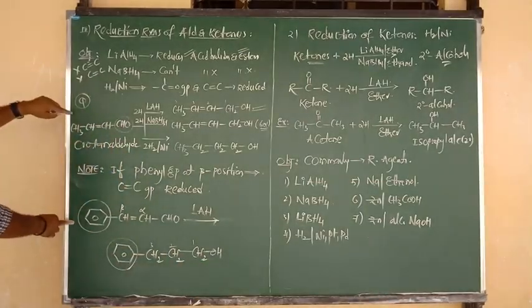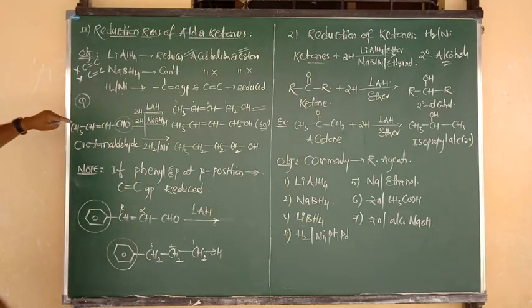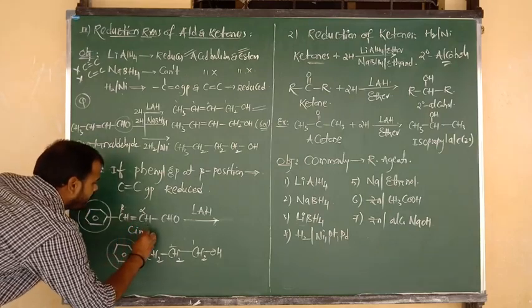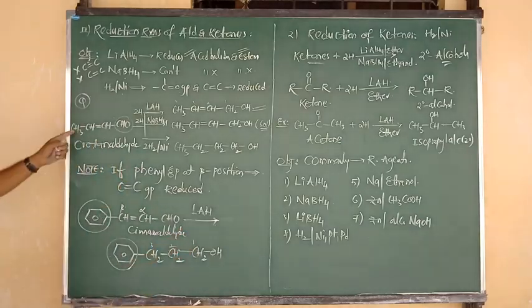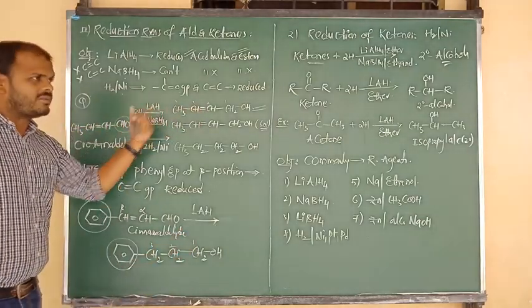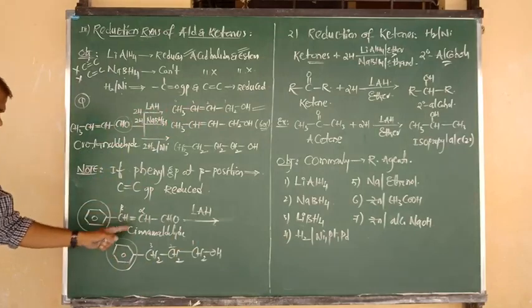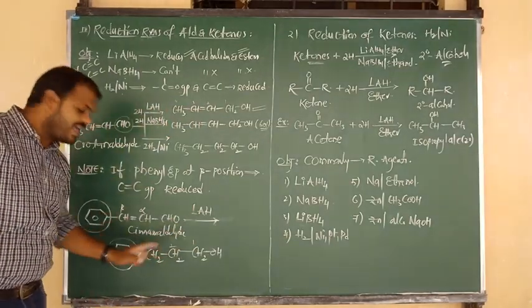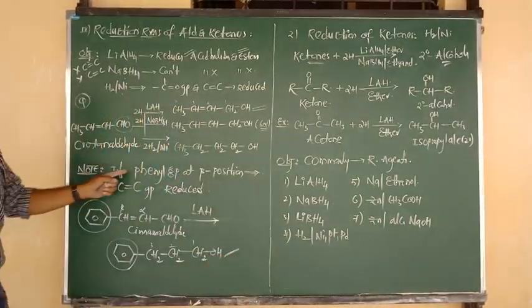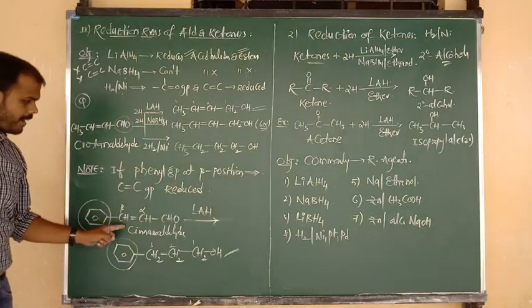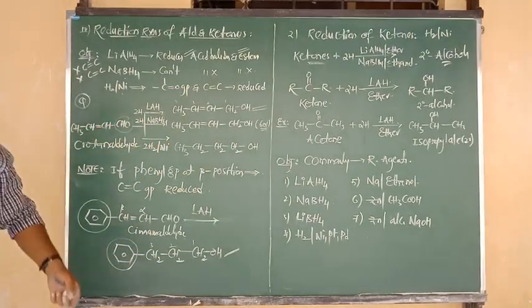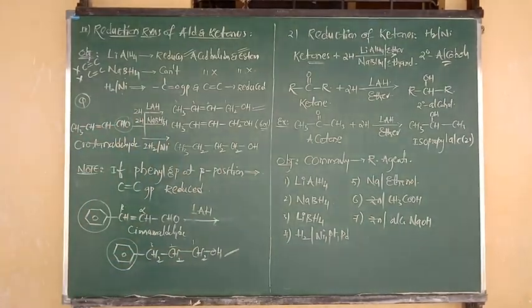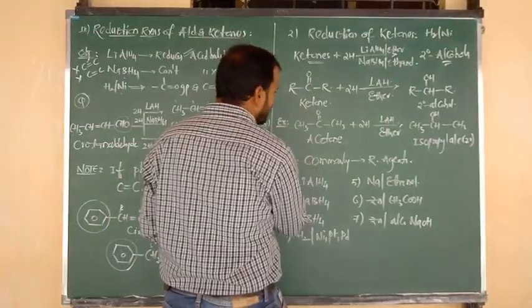And ये देखो ना, दो भी same compound, यहाँ पर CH3 is there, यहाँ पर benzene is there. CH3 means crotonaldehyde, benzene means cinnamaldehyde. So in crotonaldehyde, double bonds cannot be reduced by lithium aluminum hydride, but in cinnamaldehyde, double bonds can be reduced by lithium aluminum hydride, because we have given the condition: phenyl group at beta position, the double bond will be reduced and the functional group is reduced हो जाते हैं यहाँ पर. Okay, good.